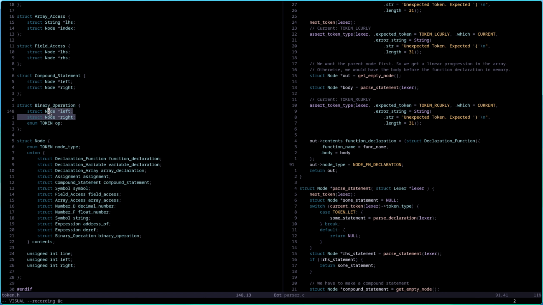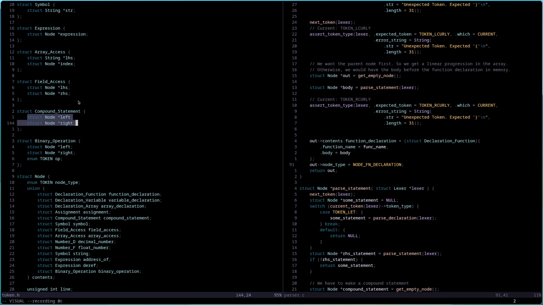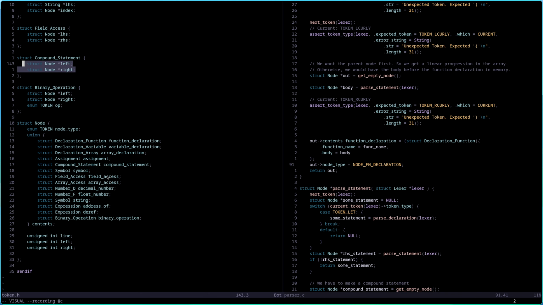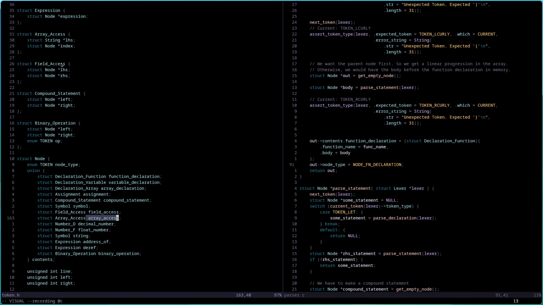And you can see some of these are very similar, and I might just remove these types because you can give them names down here, so you don't even need a difference like field access and compound statement, for example. You can see they have the exact same types. The only difference is the variables inside it. So this is even left hand side, right hand side, and left and right, so they can be merged together into one, but I will do that later.